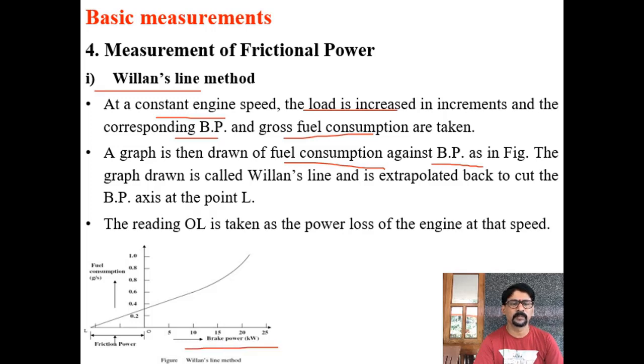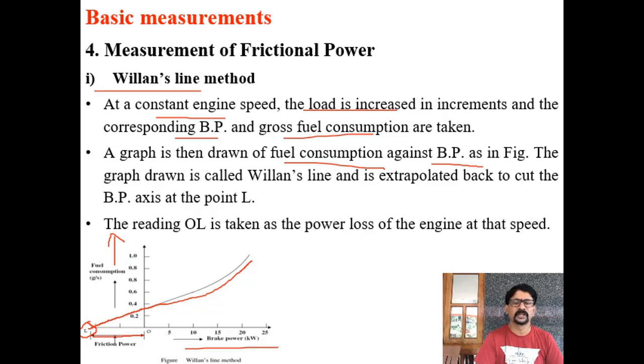So brake power has to be taken on the x-axis and fuel consumption on the y-axis. So you will get a curve here. This is the curve obtained after plotting fuel consumption against the brake power. Then you have to extrapolate this curve, or draw a tangent to it. This extrapolated line will intersect the negative brake power line at a point called L. This distance O to L is nothing but the friction power, or the frictional loss which is taking place